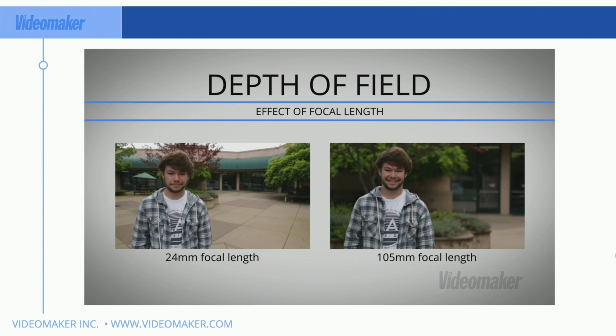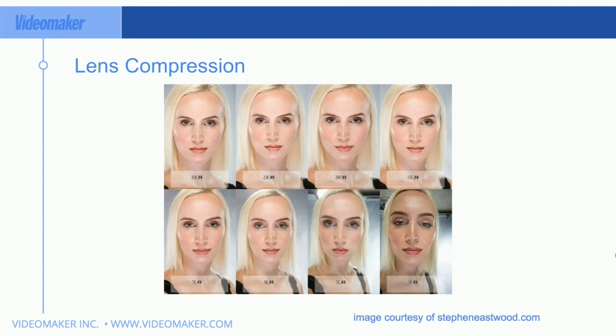Does a bigger sensor mean a shallower depth of field, or does that matter? I have a whole section that's talking about that. Bigger sensor does not equal shallower depth of field, but it does matter. We'll get to that.